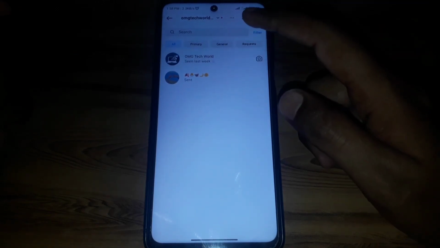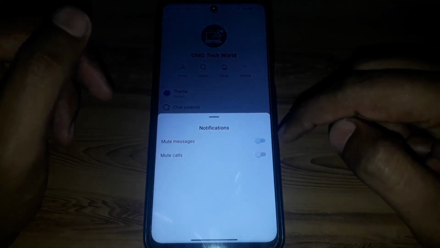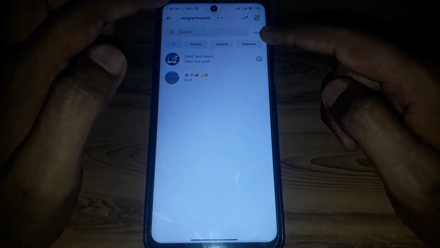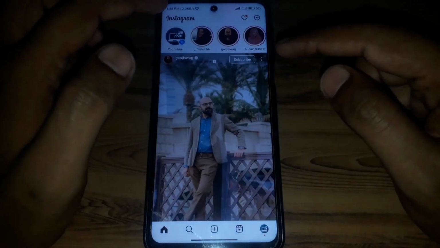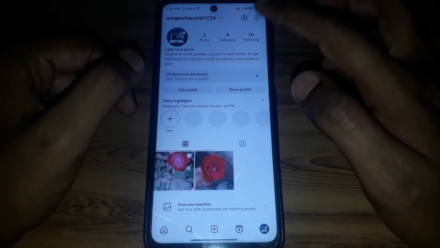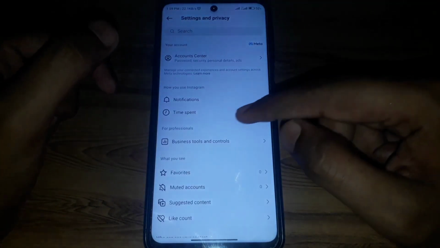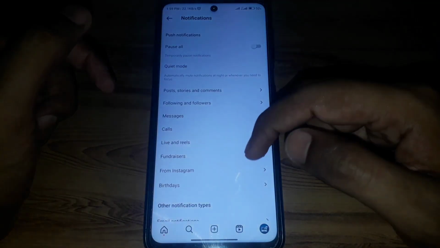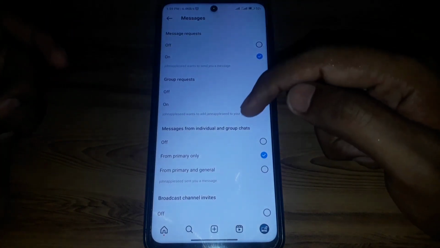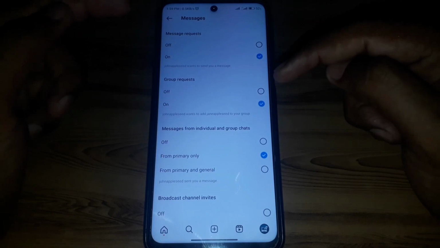And if you do not want to use that feature, you can also choose the notification settings for that, which means you have to simply turn off the notification for that person's messages. For this you have to click on profile, and after that you have to click on three lines. In three lines you have to go to settings and privacy, and after that you have to go to notification, and here you have to go to messages, and you can simply turn off the messages of that person from here,